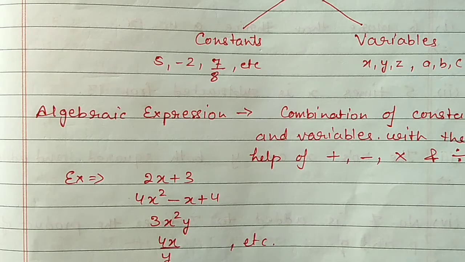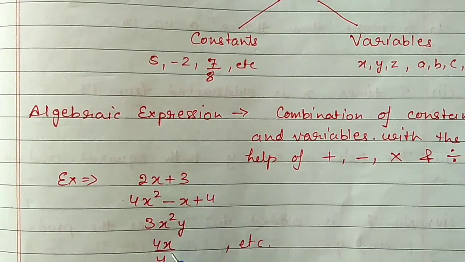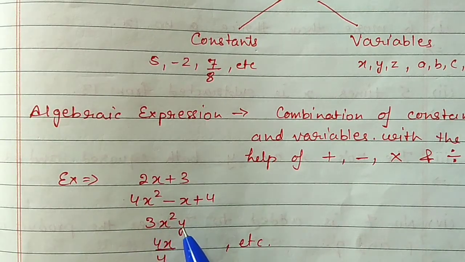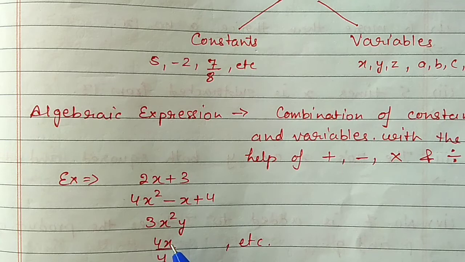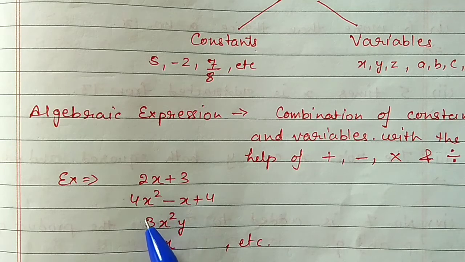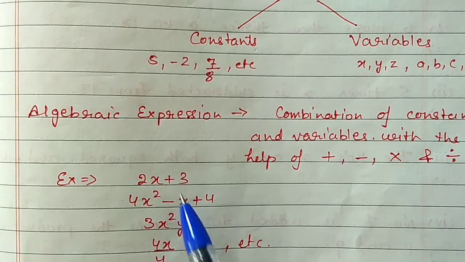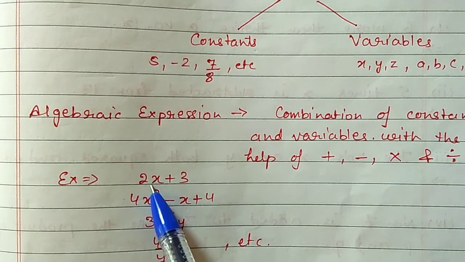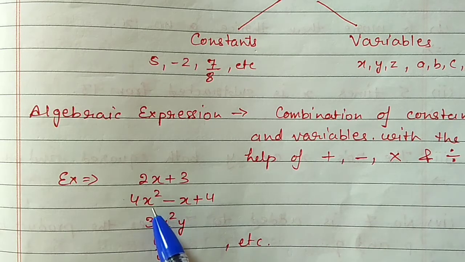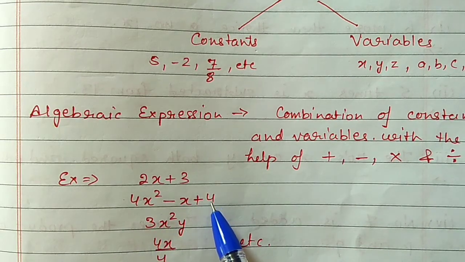And in an algebraic expression, remember, multiplication and division will not separate the term. Here we multiply 3, x square and y, but this is a single term. In this next example, 4x I am multiplying and y I am dividing, and this is also a single term. Only addition and subtraction will separate the terms. So we count this as one term. This is also one term, but here we have two terms. This is the first term and this is the second term. In this next example we have three terms: this is first, this is second, and this is the third term.